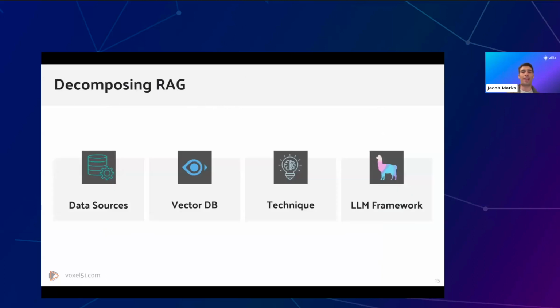And roughly speaking, the way that I like to think about RAG is by decomposing it into 4 different parts. First is the data sources. So what are you feeding into the RAG pipeline? What are the files, whether they're text files or PDF documents or JSONs or something else entirely, that you are going to use as the data that you are going to augment the large language model's understanding with.